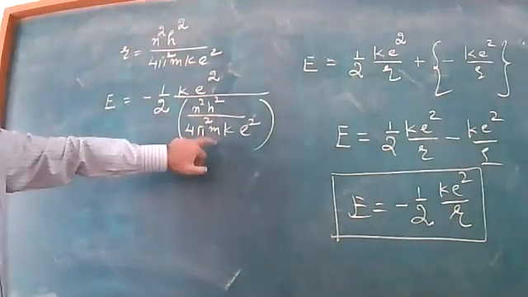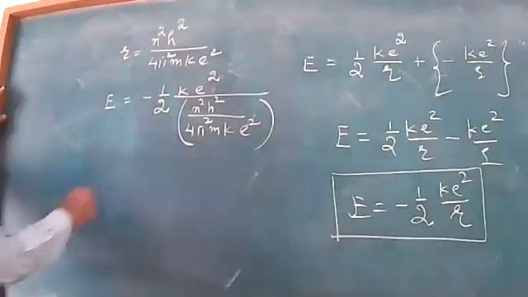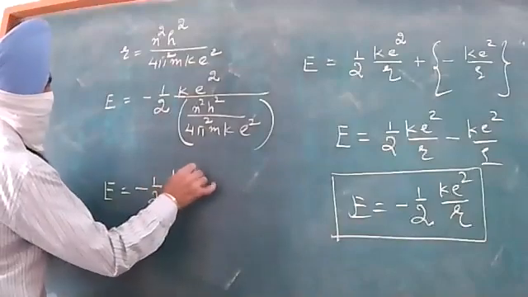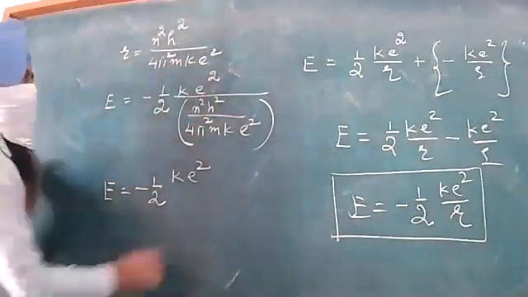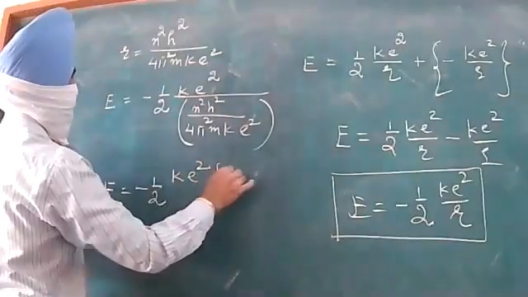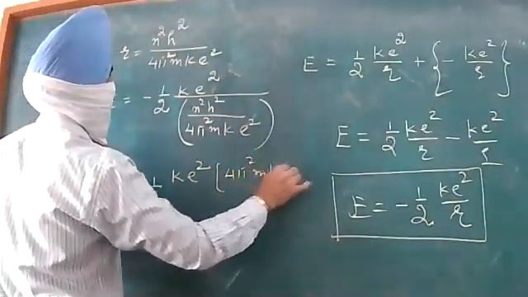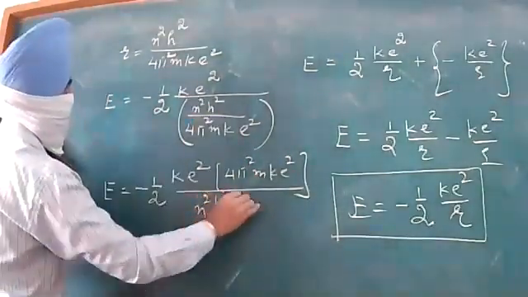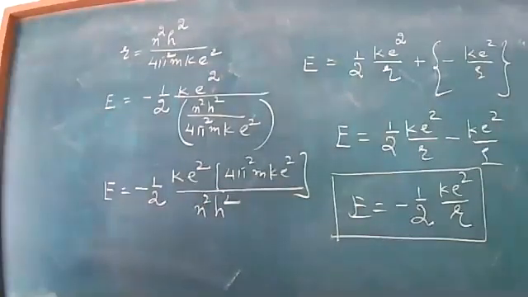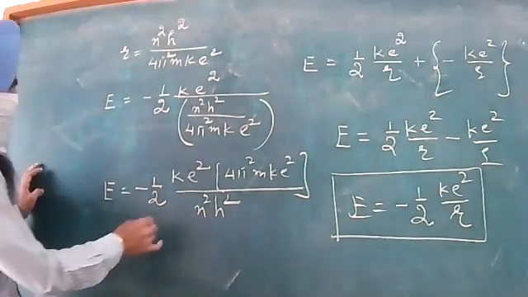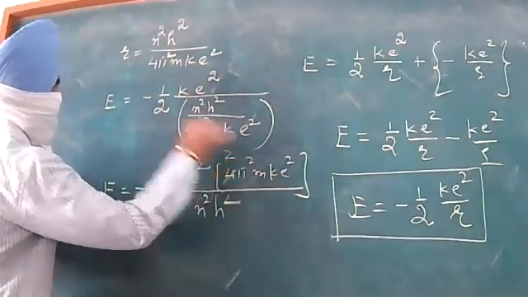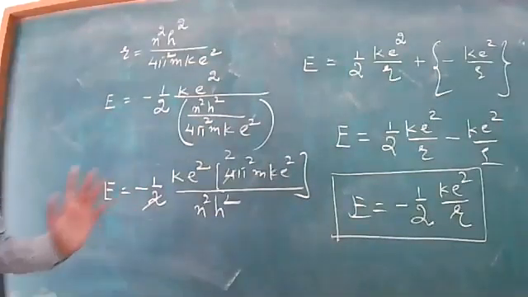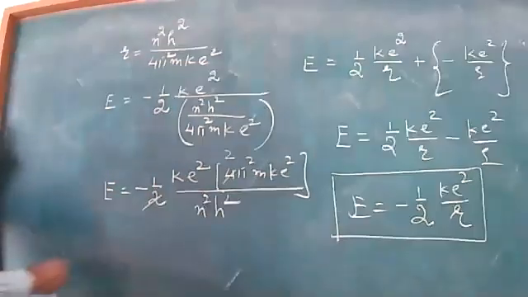Let us have the bracketed term adjusted. Beta, E will be minus 1/2 k e square. This was there already in the numerator. Take it to the upper side: 4 pi square m k e square divided by n square and h square beta. Now beta, once again focus, this 2 is getting adjusted in this manner. I don't think any other term is getting cancelled. The rest of the terms are intact. Let us manage these terms beta.